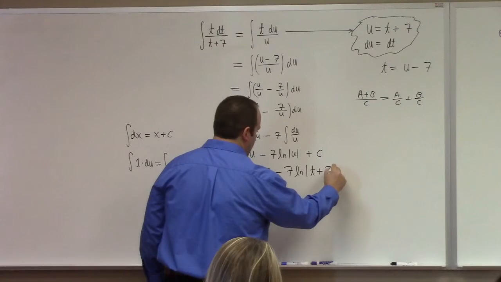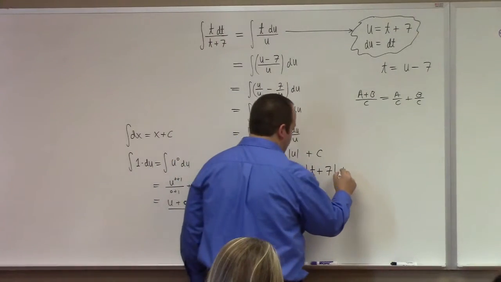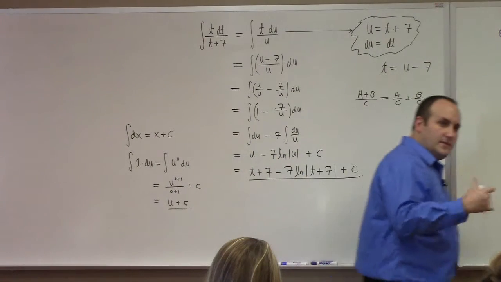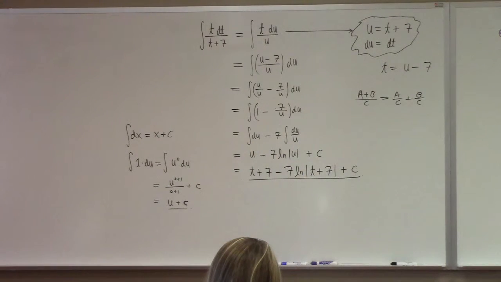Now I'll go look at the key again. I'm not sure if they're going to be picky about the absolute value bars being there or not. In my answer, the absolute value bars are there in the key, so probably need to put the vertical bars for absolute value there.